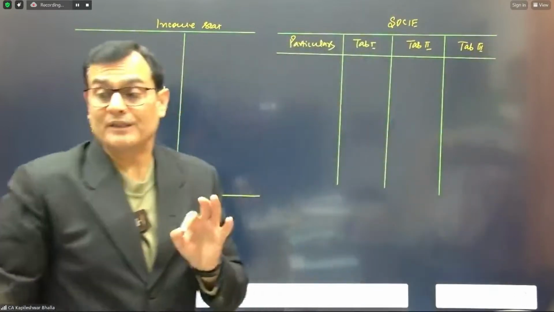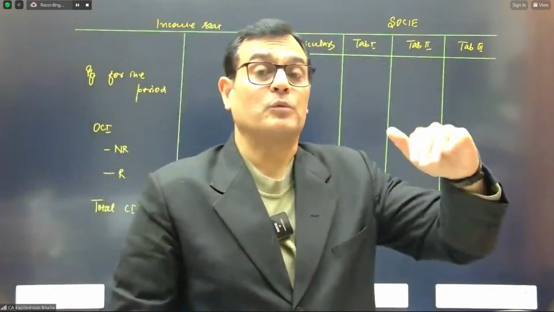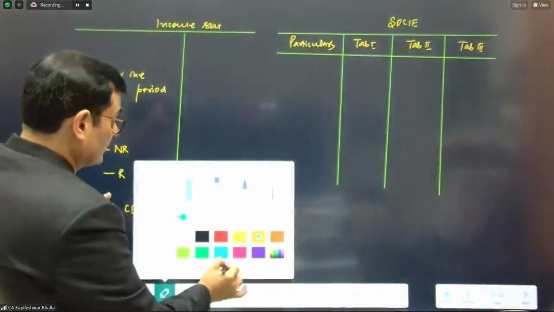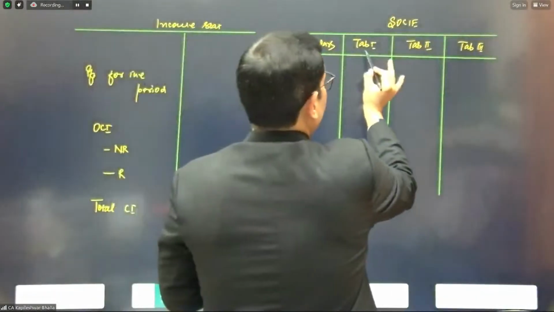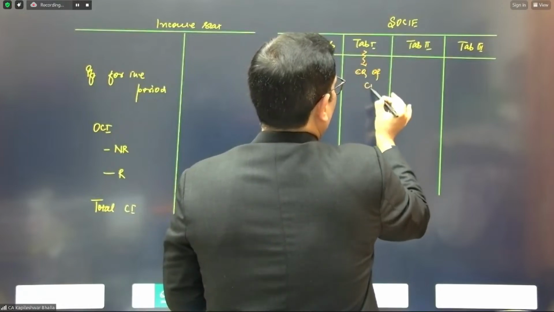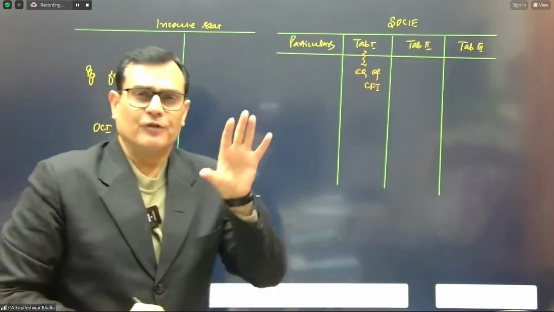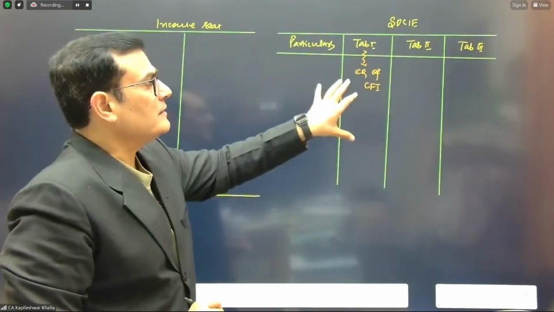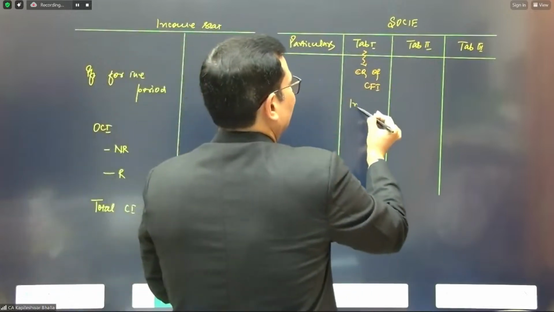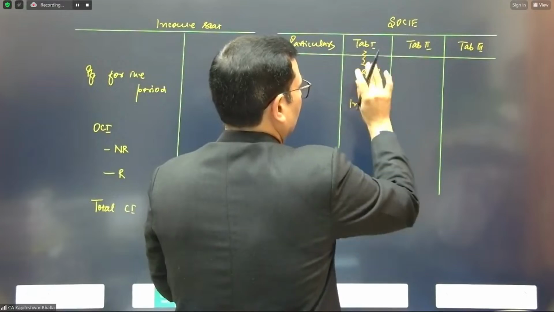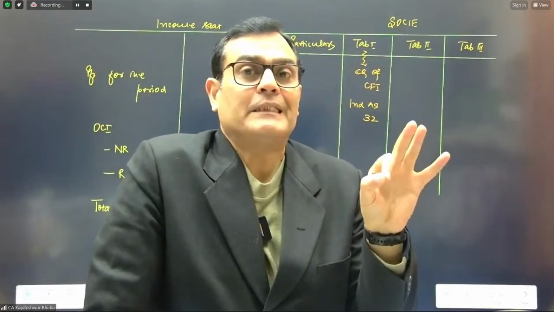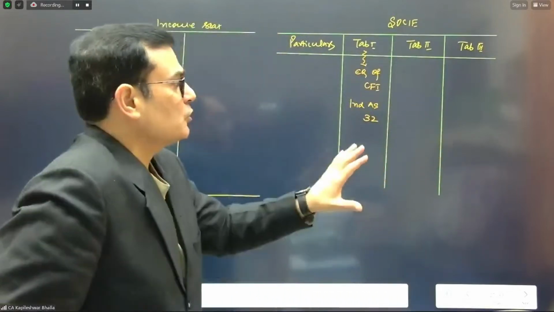Now let's understand what is tab 1, tab 2, tab 3, because without this, your understanding on the previous question is going to be very superficial. Now let's have a look at this carefully. Tab 1 is the equity component of compound financial instruments. If you look at the format of SOKI, you're going to see that there is an equity component of compound financial instruments, which you will learn when we come to Ind AS 32. So no worries, right now I'm not concerned with tab 1. Tab 1 gets created only when a company issues a CFI, a compound financial instrument, which you will learn later.